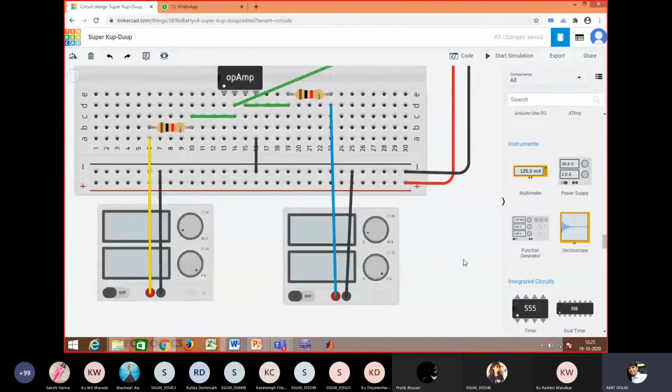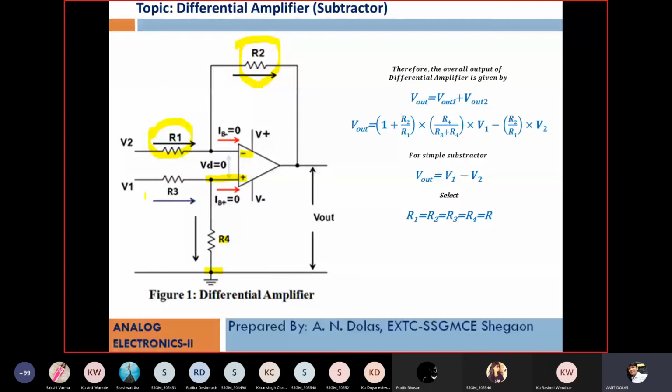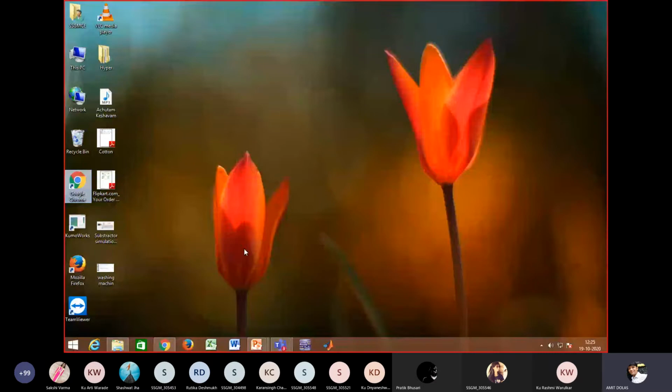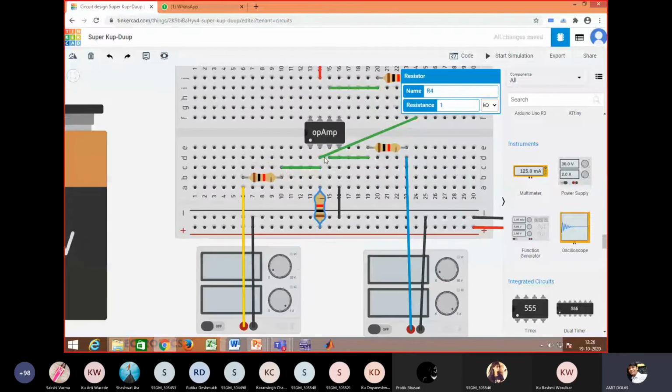Then one more resistance we have to connect, that is connected. ये लगा दिया हमने. One resistance in between ground and pin number 3. So coming back to the circuit, here pin number 3 and one resistance. I'll bring it here somewhere. So this is pin number 3 and ground में हमें चाहिए.